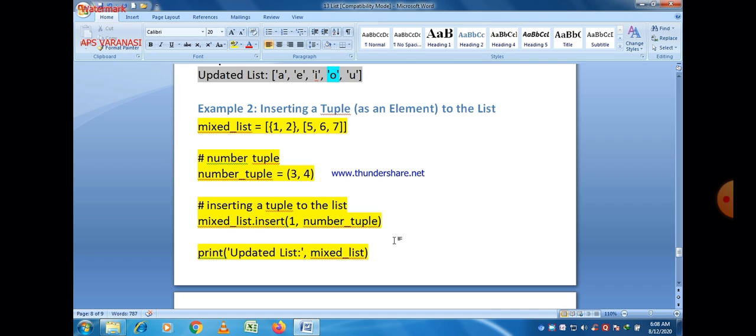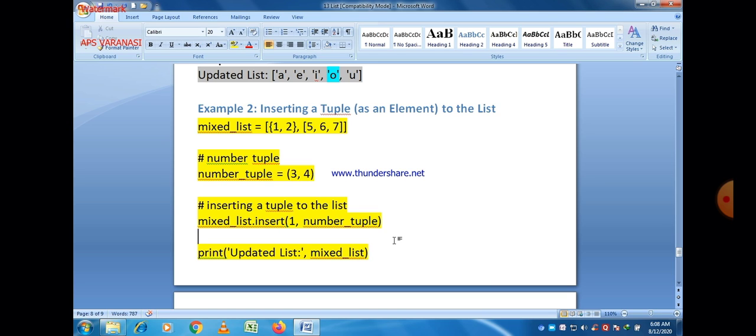First of all the location, and second is the variable, and the variable is number_tuple. So all the elements of number_tuple will be inserted at that place. It means at position 1 here. At position 0 we can see that the elements are 1 2, because this is considered a single data item.